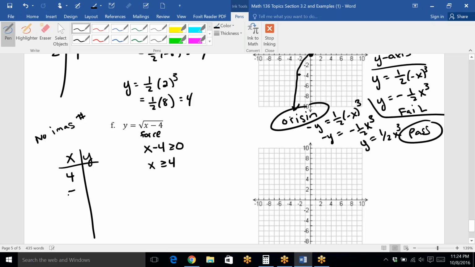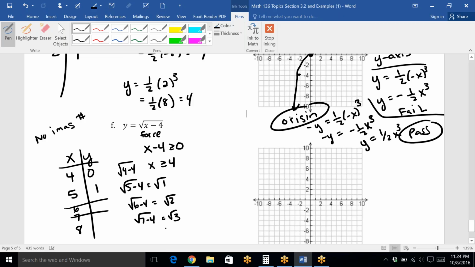So we plug in 4, maybe 5, 6, 7, 8. I may not like all these numbers, but I'm going to try some. So square root of 4 minus 4 would be square root of 0, which is just 0. 5 minus 4 would be square root of 1, which is just 1. I don't think I'm going to use 6 because that gives me a square root of 2, which is not a nice number. And same thing happens with 7. You get square root of 3, not a nice number. But square root of 8 minus 4 is square root of 4, which is just 2. So that works. So if we plot this, 4, 0, 5, 1, and 8, 2,